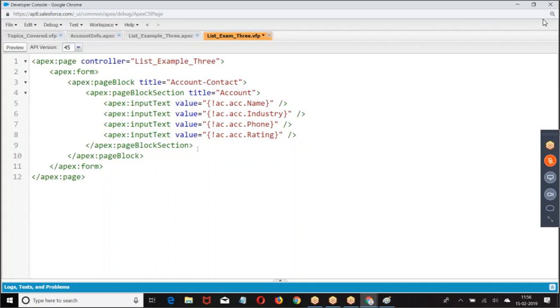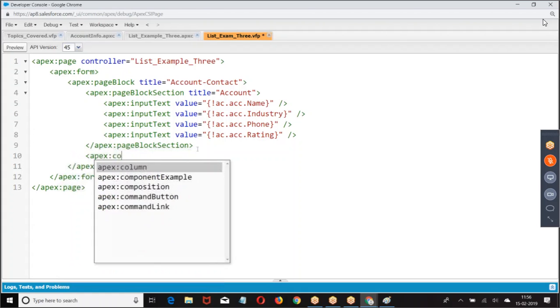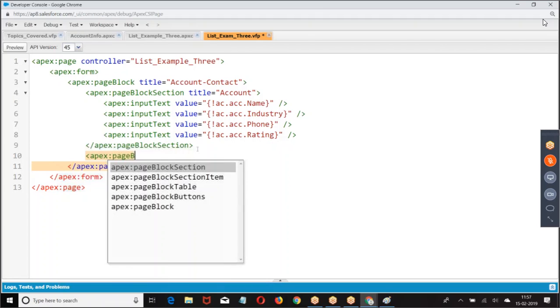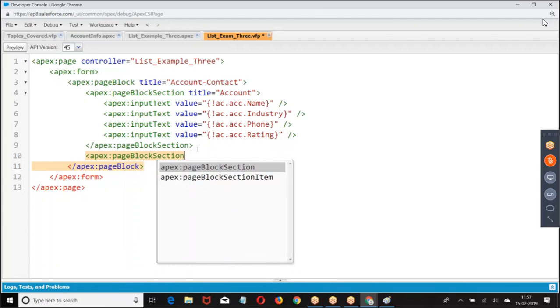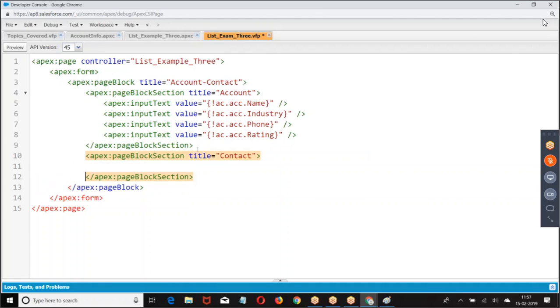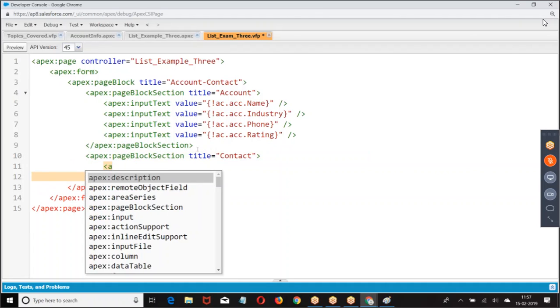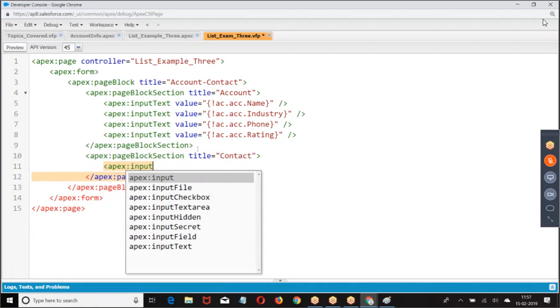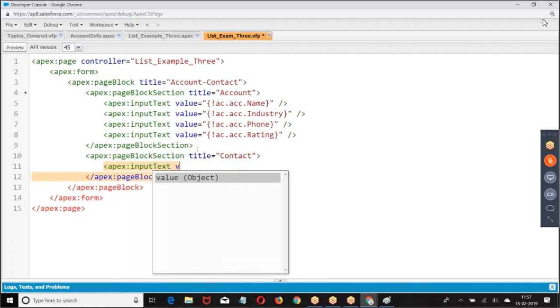Similarly, I have one more section. AC dot CON dot.